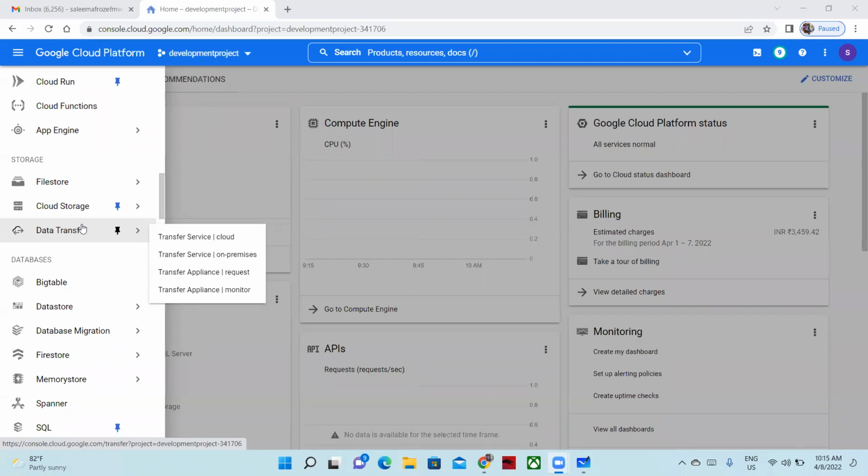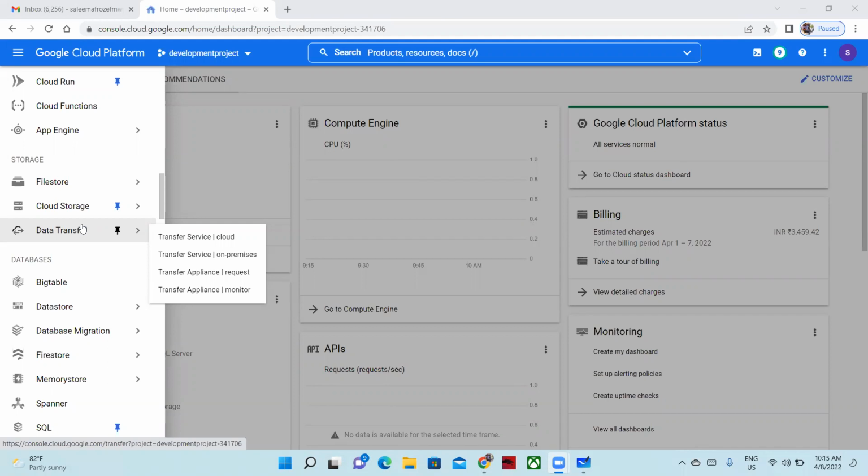Data transfer needs a real-time setup, because if I want to transfer data from an on-prem data center to cloud, then we can use data transfer. But we don't have an on-prem data center setup, so it is very rare that we have any kind of lift and shift.